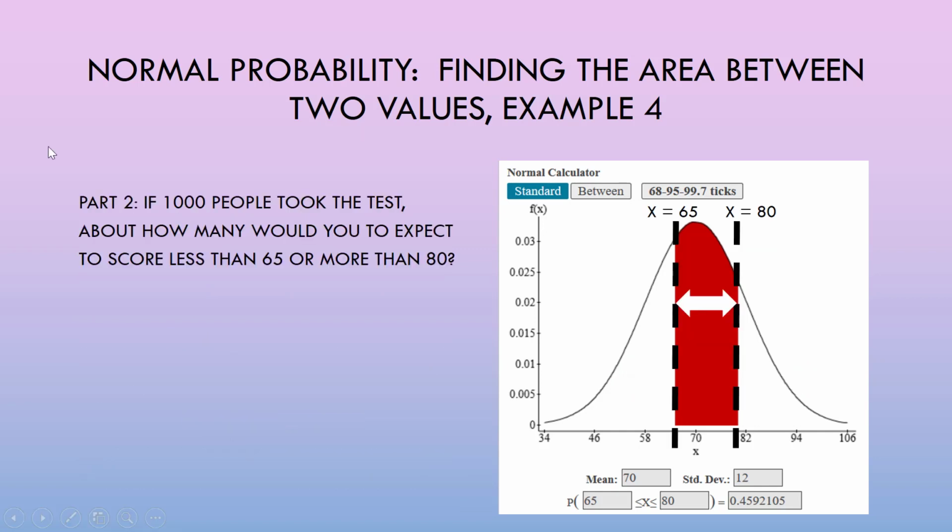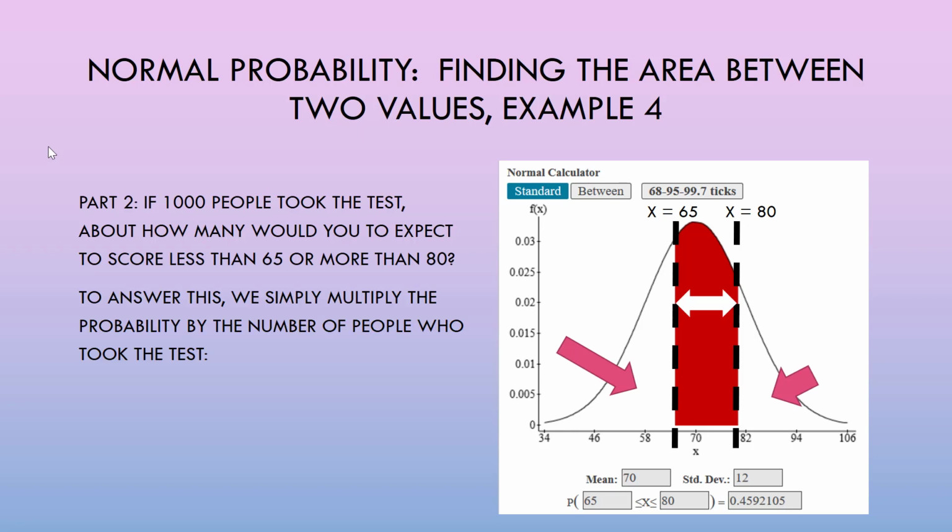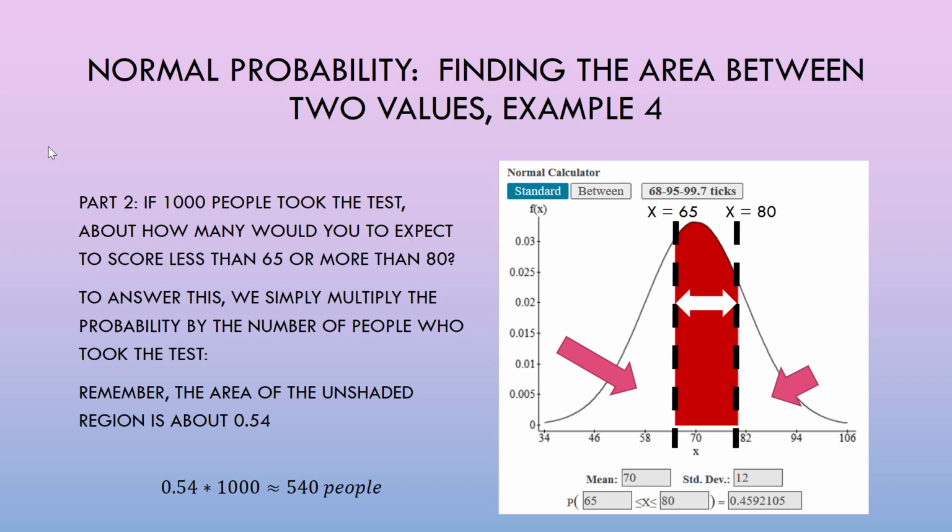Part 2. If 1,000 people took the test, about how many would you expect to score less than 65 or more than 80? To answer this, we simply multiply the probability by the number of people who took the test. Remember, the area of the unshaded region is about 0.54. Multiplying this by 1,000, we find that about 540 people would be expected to score either less than 65 or